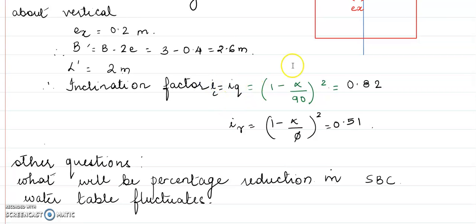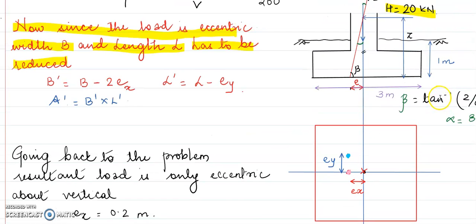Okay, so now how do I calculate this alpha? Now you look at this. This is horizontal and this is vertical, no? What is vertical? Vertical is equal to z. Horizontal is the eccentricity, that is 0.3. So I can write this angle that I have marked as beta, beta is equal to tan inverse of opposite over adjacent, that is 2 by 0.3. So I'll get some value over here.